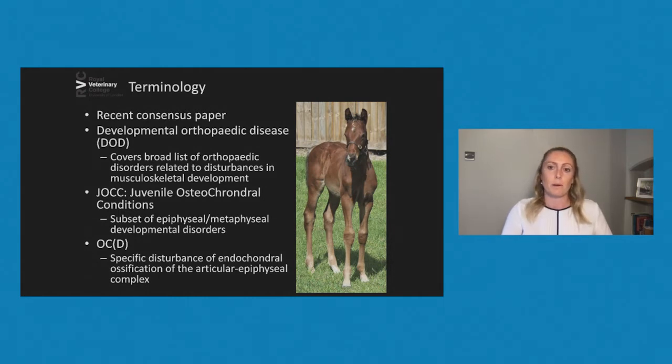So a consensus paper was published in 2013, which has provided a useful classification system which can help describe lesions based on their functional and anatomical considerations. And this includes developmental orthopedic disorders, which covered a broad list of orthopedic disorders related to disturbances in musculoskeletal development. Whereas the term juvenile osteochondral conditions was used more for those related to immature joints or growth plates. So this includes what we're talking about today, osteochondrosis,